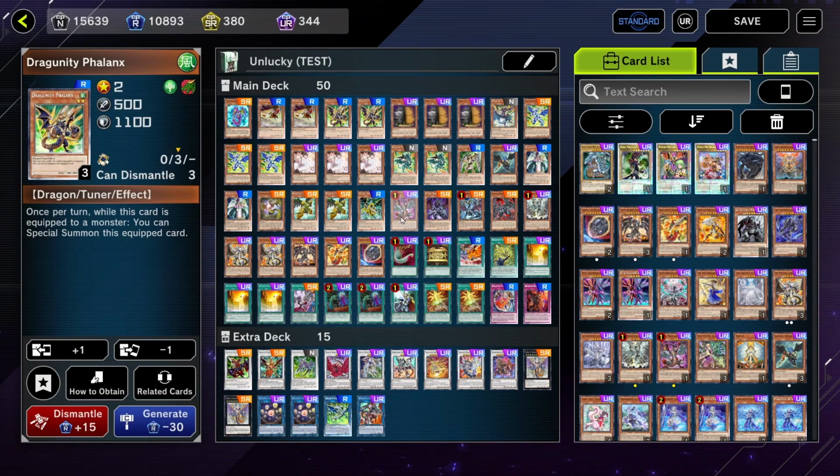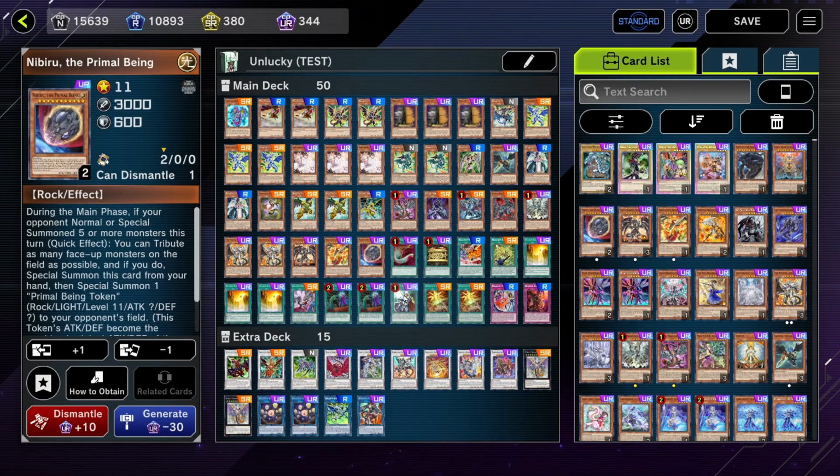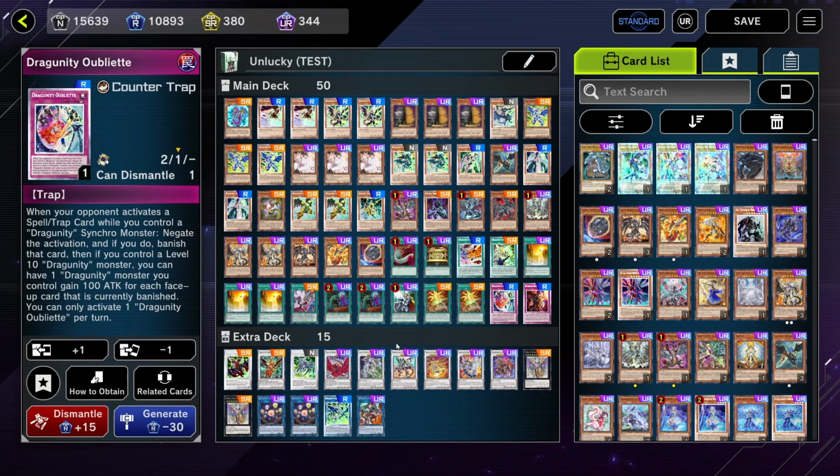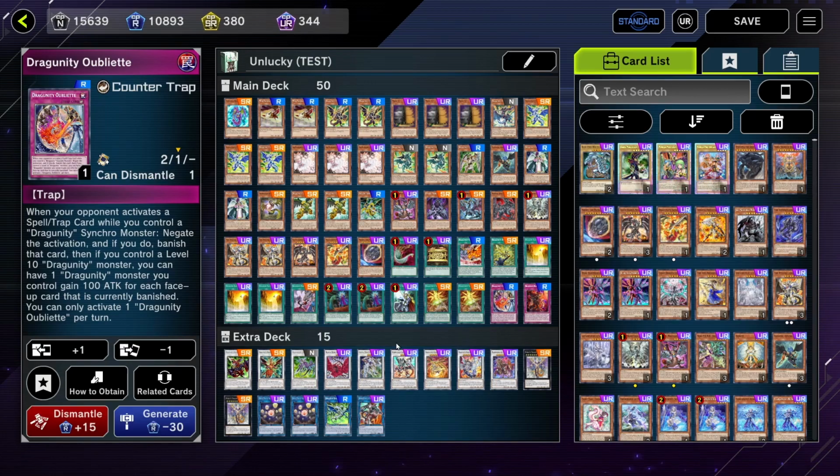You will always have combo, basically, in hand. And the reason why I would remove Nibiru, Crossout, and Oubliette is if I feel like I need to play more gas in one particular day, because sometimes you play in a particular day where you face a lot of certain decks, and against those decks, Nibiru is not gonna do anything, and Crossout and Oubliette are not gonna do anything. In which case, you just remove them and put more engine cards, and you just play with